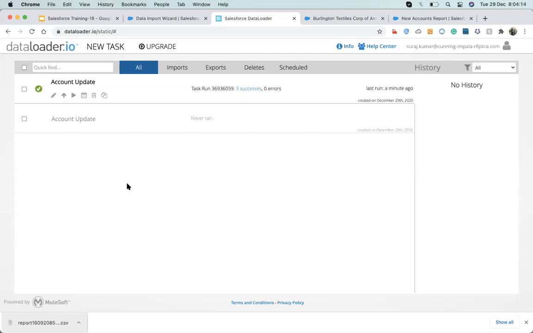Suraj, is MuleSoft a transition from the legacy system to Salesforce, or does it hold data as well? I don't think it holds the data. Usually it just acts as a bridge. It will take the data and push the data over. It's not holding any data, because we just need to create a connection.